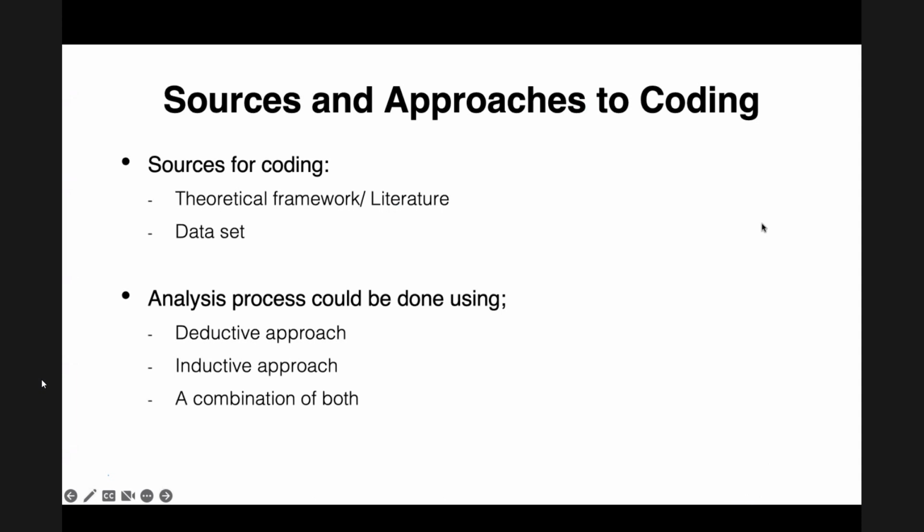Okay, so welcome back. Recording in progress. So that's the basic coding process. Then the next question we have is, how do we come up with these codes? Now, this can happen in two different ways. We can identify the codes straight from our data set, or we can identify some codes from literature. Or we could use a combination of both those approaches as well.